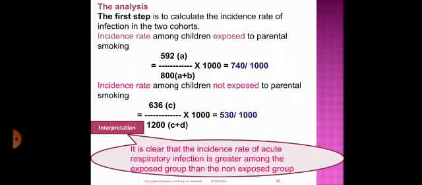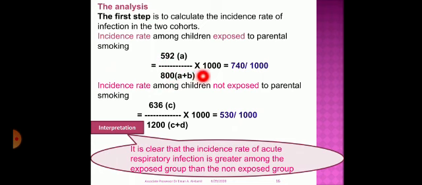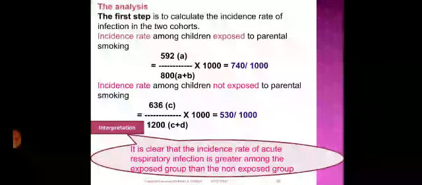So it is equal to 592 divided by 800, which is 740 per thousand. That means that out of each 1,000 children whose parents are smoking, 740 individuals will develop acute respiratory infection, compared to the other group,